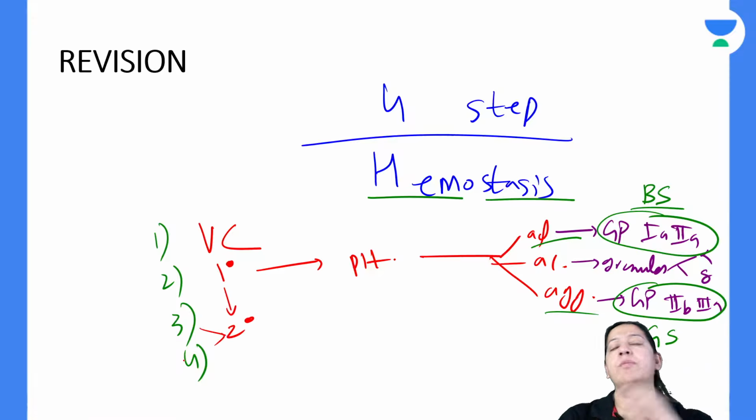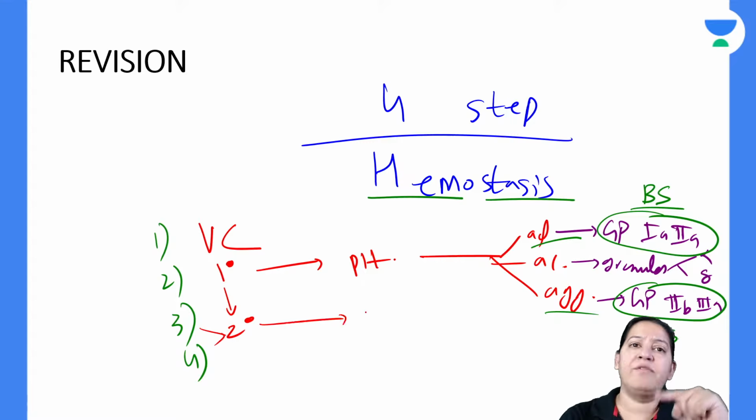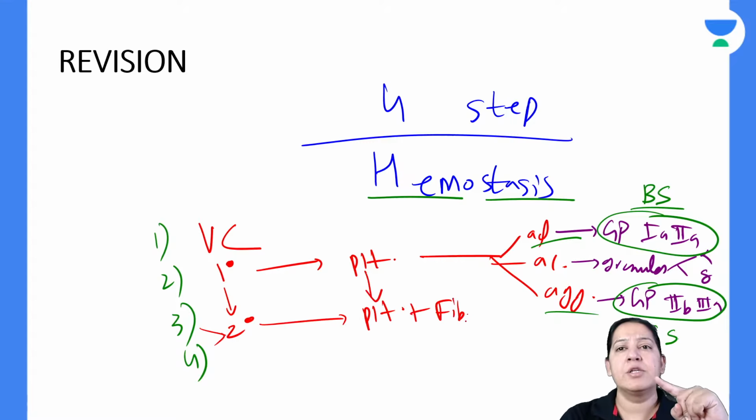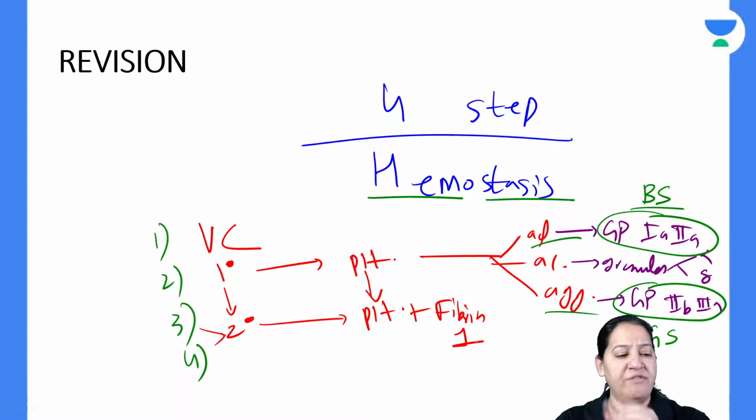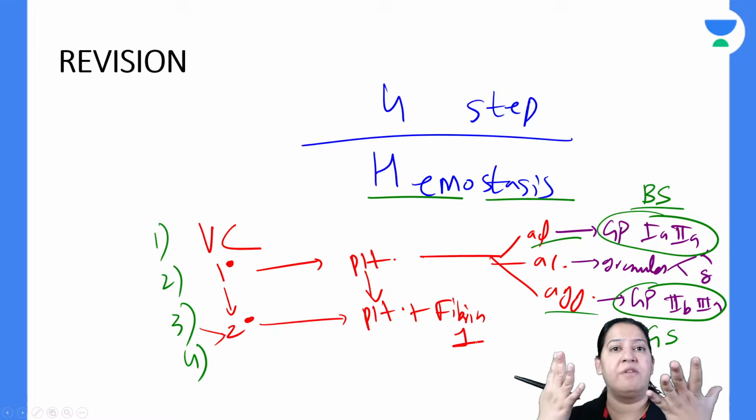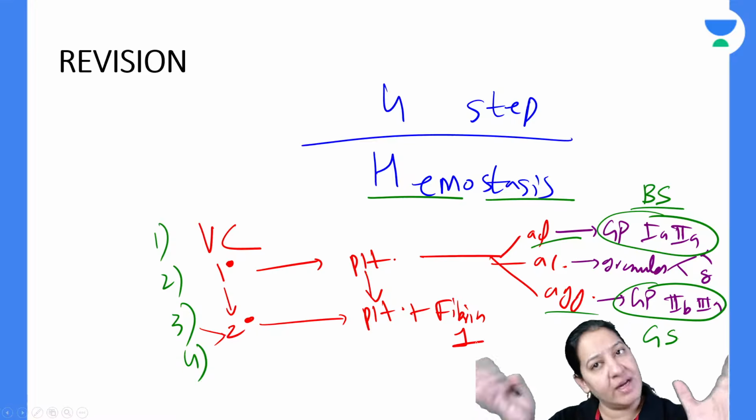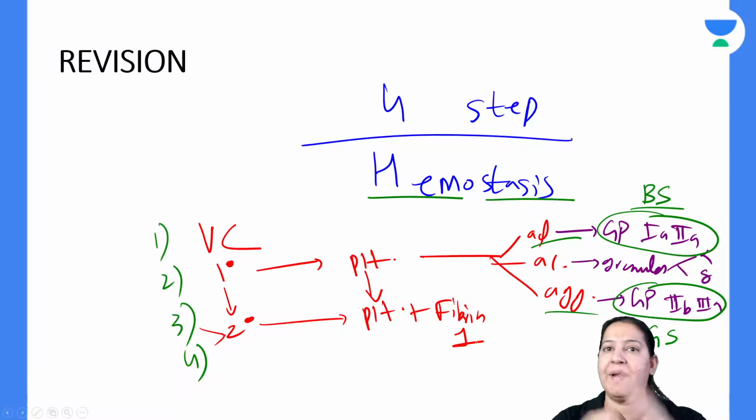So the third step is formation of secondary clot. In secondary clot, we have to stabilize the platelet clot, the primary clot, along with fibrin. So fibrin is factor number 1, coagulation factor number 1. We have to activate it. We have to convert fibrinogen to fibrin so that it can stabilize the primary clot over the platelet like a thread. How will you do that?